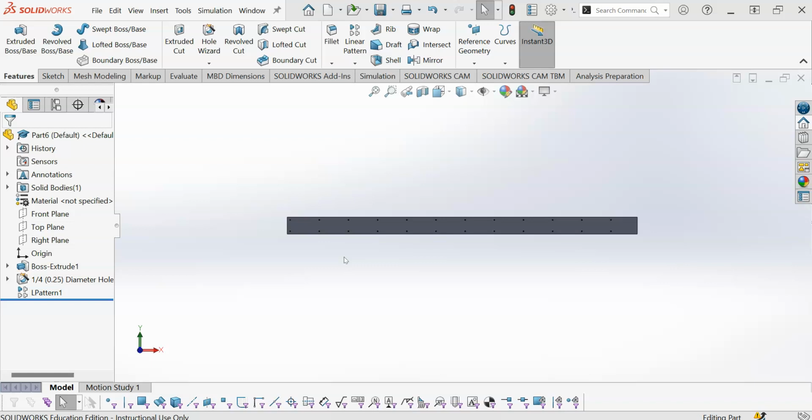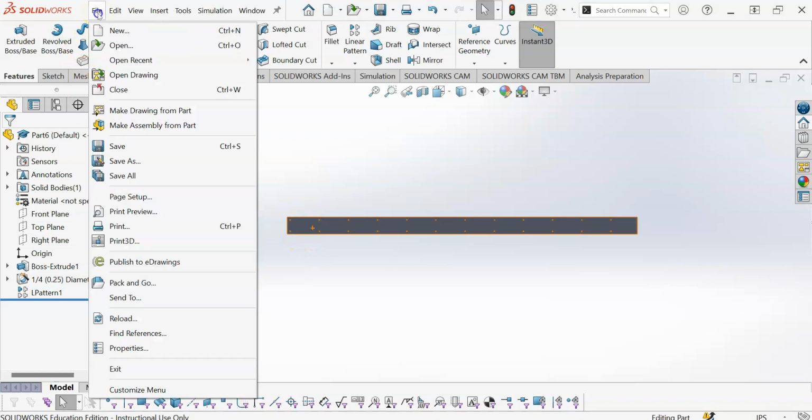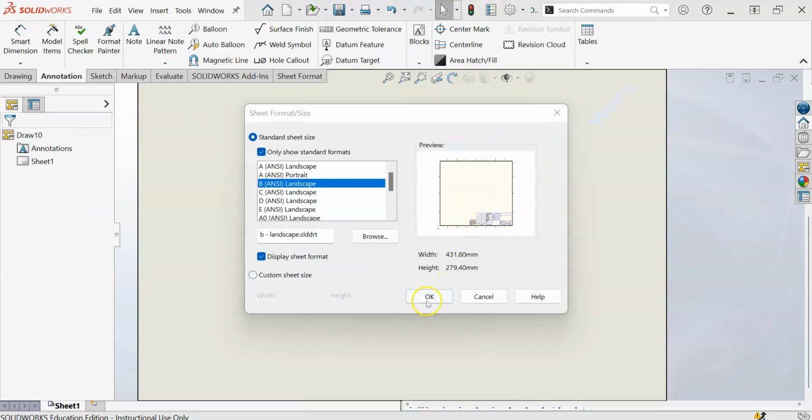In this video we're going to cover some of the tools we can use to add further clarity to a drawing or just make it easier to understand in general. So we're going to start with this part. It's kind of an extreme ratio of its height to its width or length. It's going to present some challenges whenever we try to make this drawing and then also dimension some of these